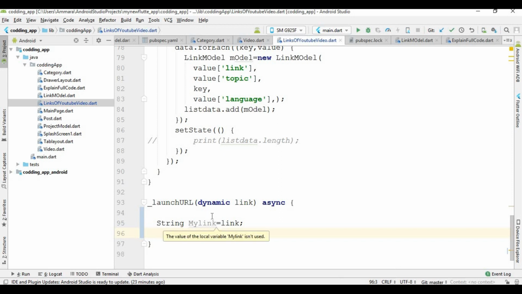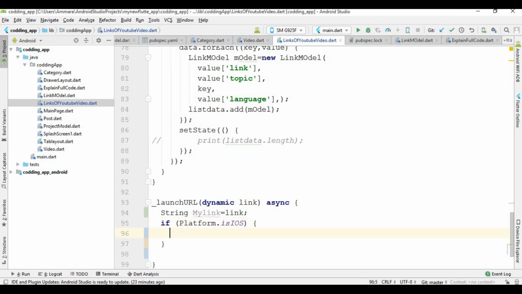And now I write a condition here to check whether this app is running on an Android phone or iOS. Okay, so I paste this condition to check whether the platform is iOS or Android. So if the platform is iOS, I write code here to open YouTube, and if the platform is Android, I write the code for Android in this else part.